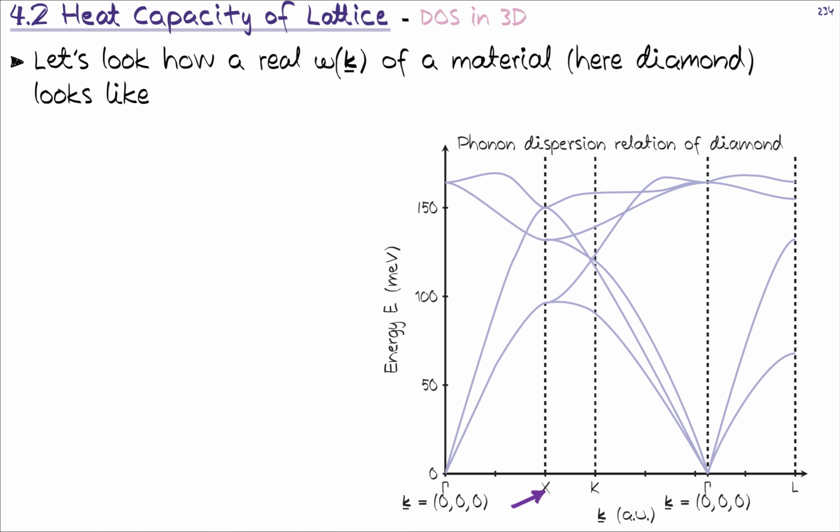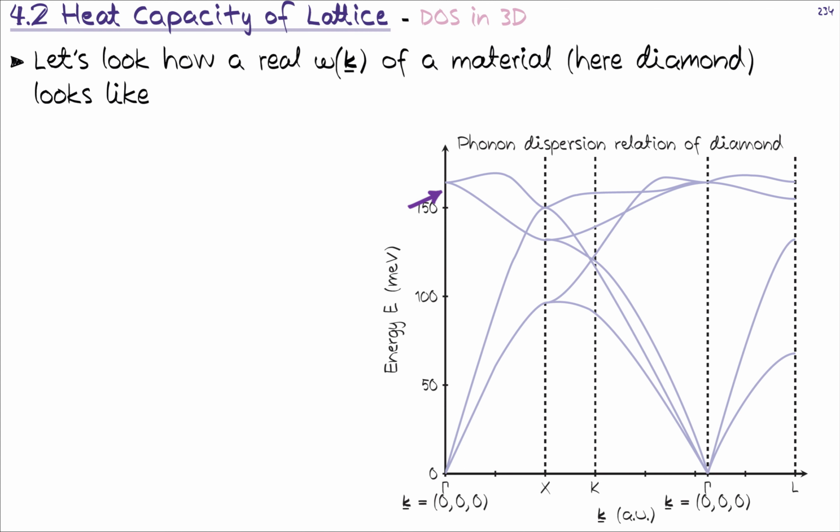And then I go from the X point to the K point, and these are the critical points of my lattice. Of course, if you had a different kind of lattice, you would have different critical points, and things would become very muddy in terms of understanding on an introductory level. And then from K, we are going back to gamma, and here the system repeats itself. So I'm just plotting gamma over L again here.